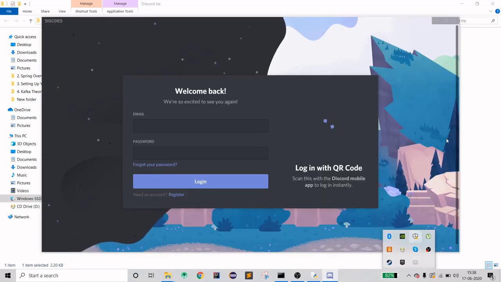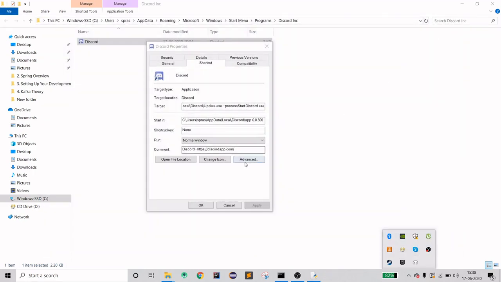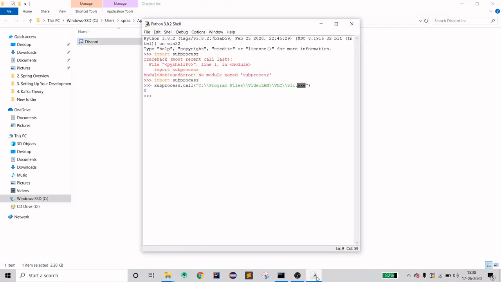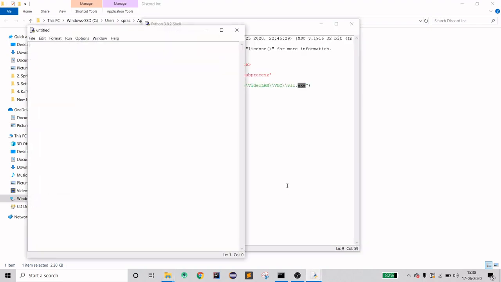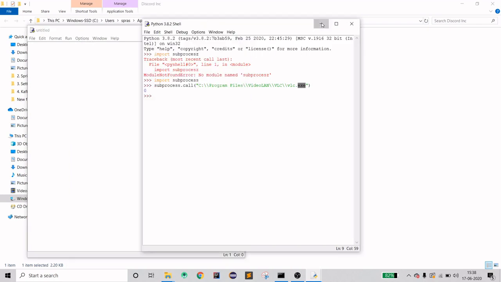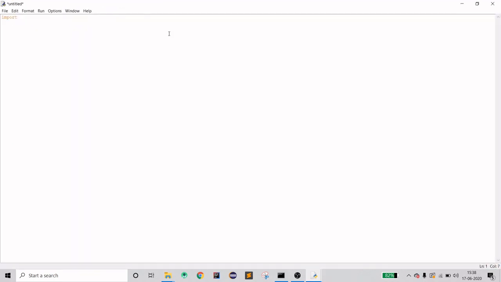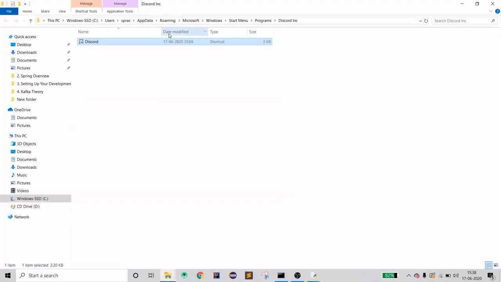So when I click on it, it's not a standard way, so that's why I had to work on it a different way. Let's say you want to open the Discord application through Python. It's really simple, and it will be done in 3 lines. First you have to import os, and after that os.startfile. Sorry, it will be done in 2 lines only. After that, you have to provide the path of your shortcut.